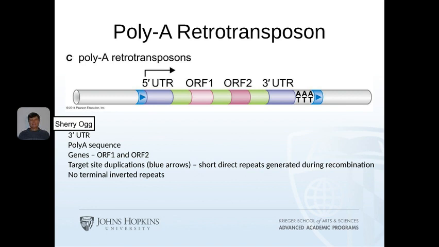This figure illustrates the gene organization of the poly-A retrotransposon, which contains distinct sequences, including the 5' UTR, the 3' UTR on the opposite end, and the poly-A sequence. The genes contained in this retrotransposon are ORF1 and ORF2. ORF1 codes for an RNA binding protein, and ORF2 codes for a protein with both reverse transcriptase activity and endonuclease activity. You can also see the target duplication sites on either end,